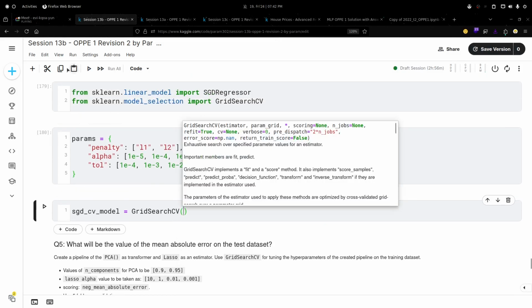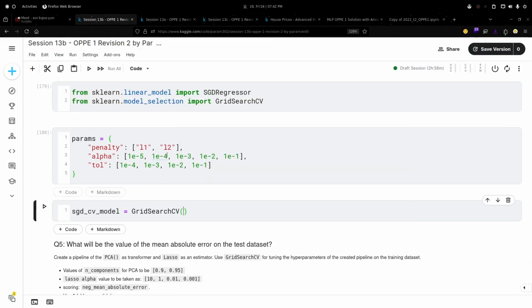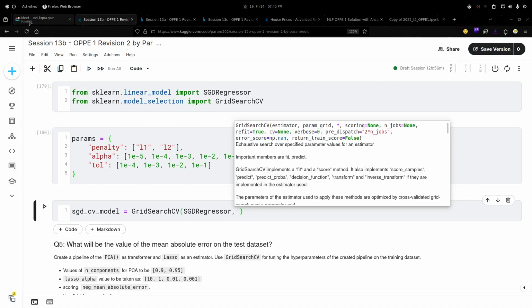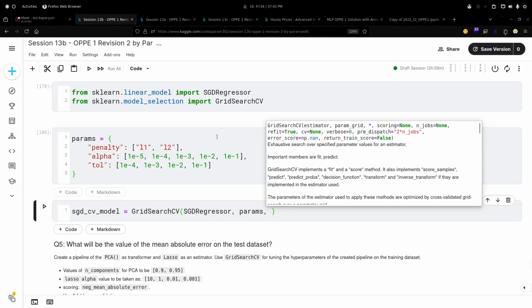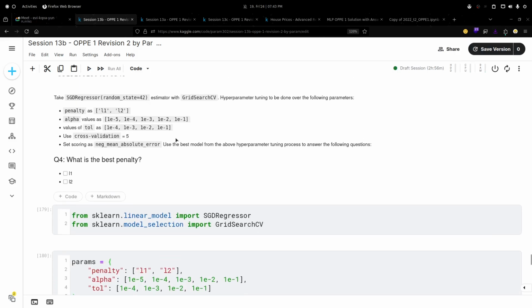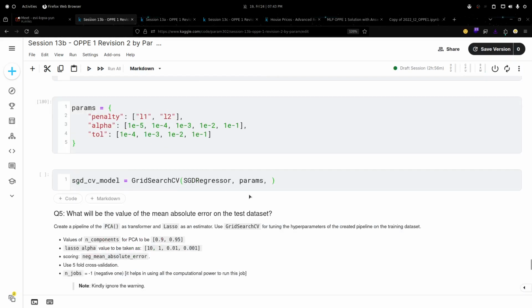The estimator is SGDRegressor. Should I write it exactly? Yes, exactly, because you didn't put it in a variable. Then params. I also need the cross validation as 5 and the scoring. Yes, cv equals 5.